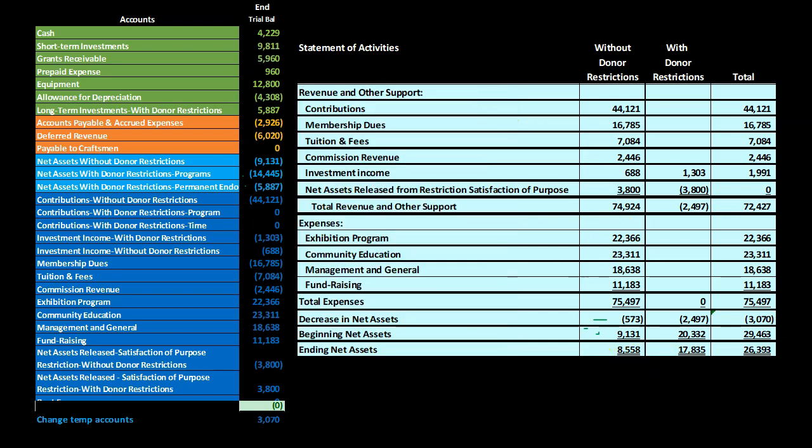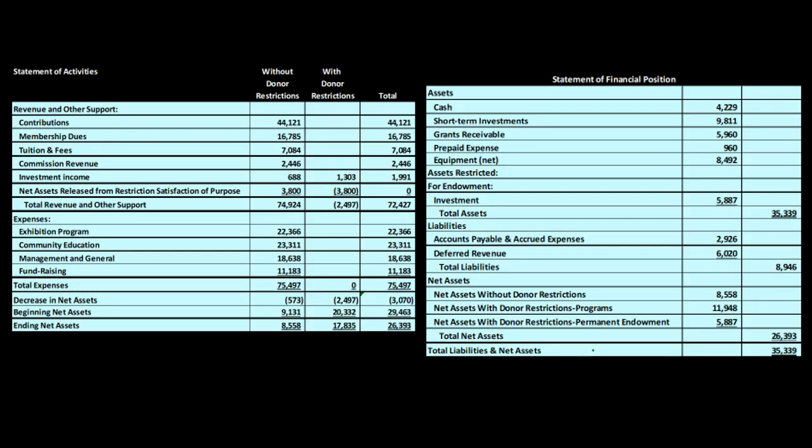These ending numbers, when you look at the statement of activities, you'll note this isn't what I would think of as the bottom line number, because I would think of the bottom line number as the decrease in net assets. And then these are going to tie into what would be similar to the balance sheet type of account. If we then compare that to the balance sheet, here's the statement of financial position, in essence, the balance sheet. You can see that these numbers are tying out to the bottom line numbers in the balance sheet,